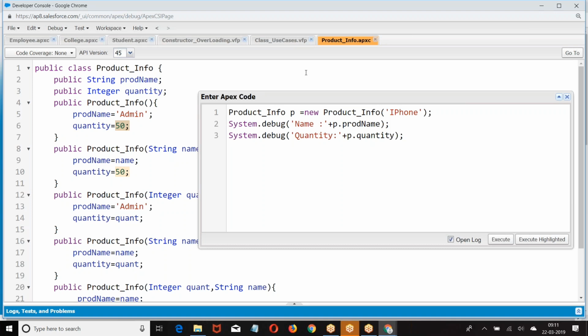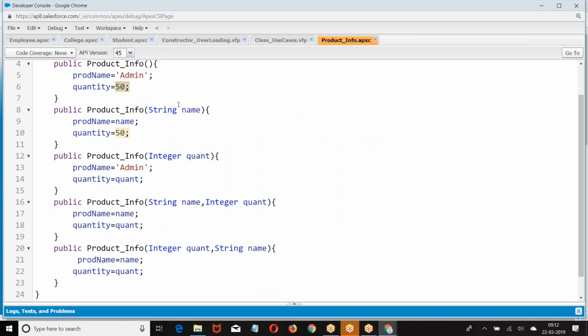So at the time of creating an object, whatever parameters we have passed, based on the parameters, the corresponding constructor is going to be invoked. I hope you are good with this. Clear for everyone? Okay. Now, if you remember well, if you look at this, I was always giving a different